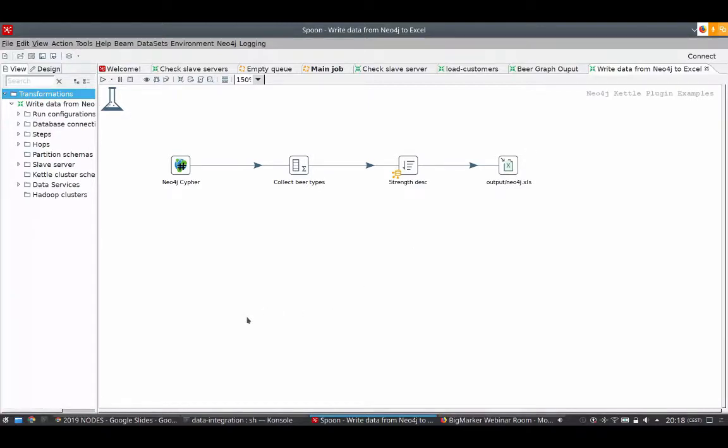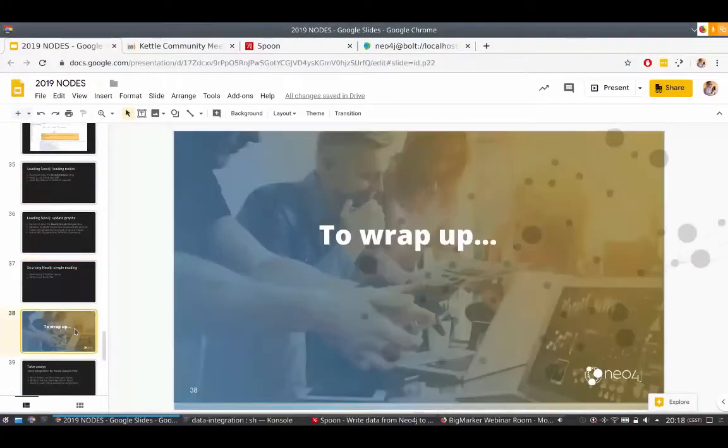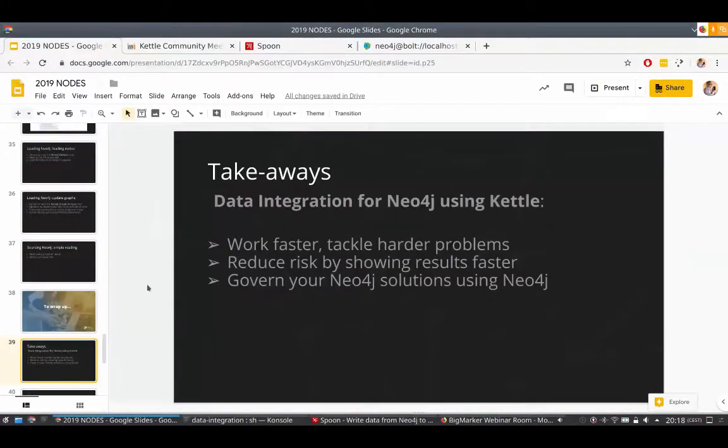All right, I'm over the half hour, so that's good. To wrap up, some takeaways. Use data integration for Neo4j using Kettle to work faster and tackle harder problems. Don't use it to load a CSV file into Neo4j. By all means, use any kind of other load CSV script. That's fine, right? But once you go beyond that, once you go with multiple data sources,